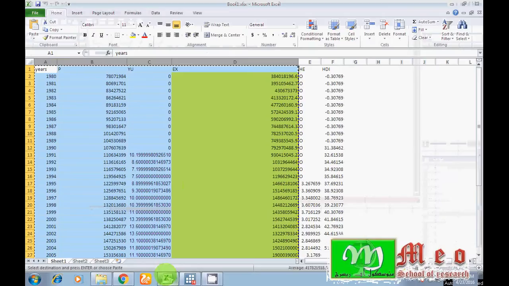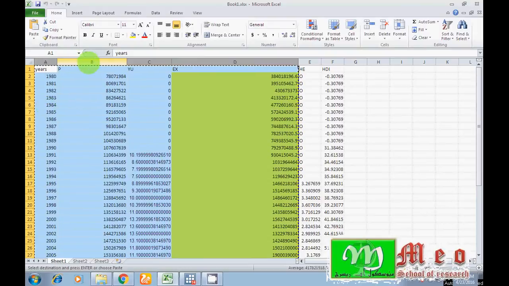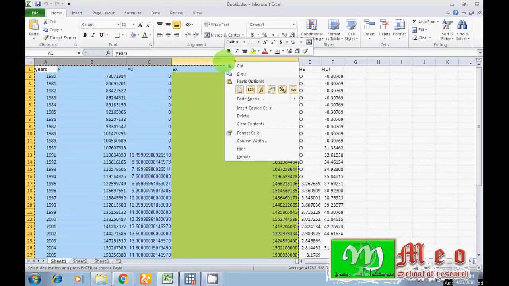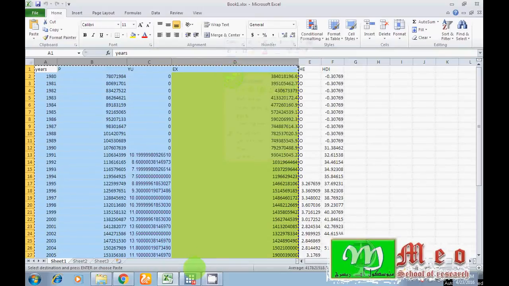I have my data in an Excel sheet. In column A I have my years, in column B I have my p variable, which is the dependent variable, while in column C I have yu, another explanatory variable, and in D I also have an explanatory variable. Suppose I have selected my three variables and copied them.